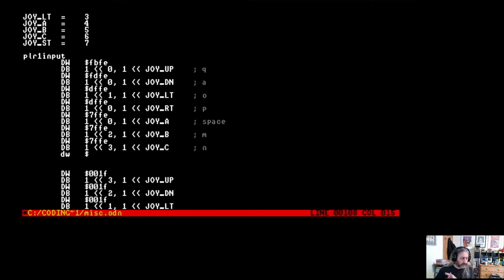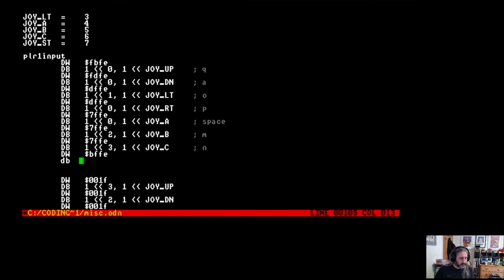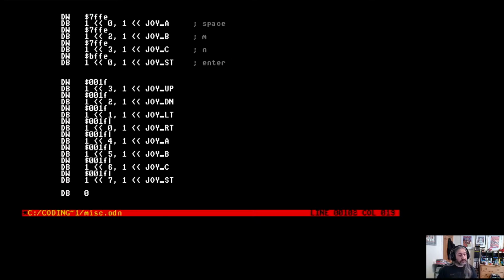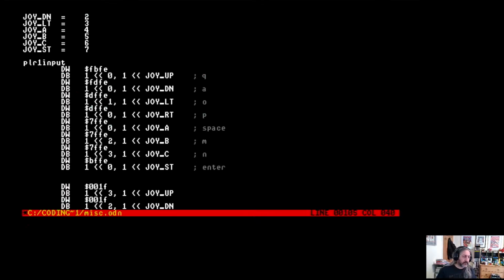Sorry, that should have been that way for you guys. BFFE, and that is DB1 shifted up 0 because the enter is 0 in from the right, up from the end of the keyboard, and then 1 shift left joy ST, enter. Right, so now we should have up to 8 keys for our input,